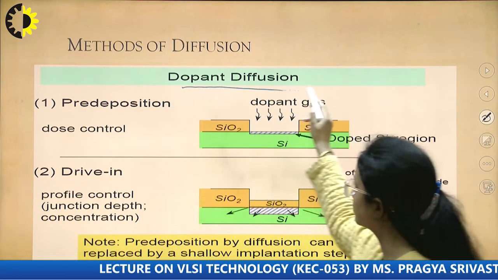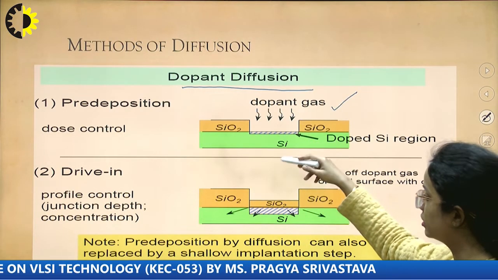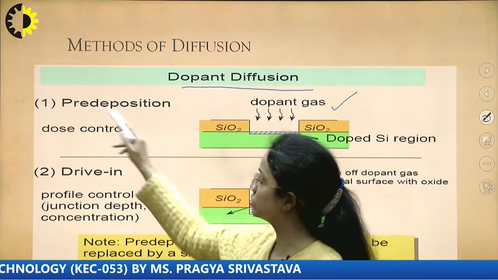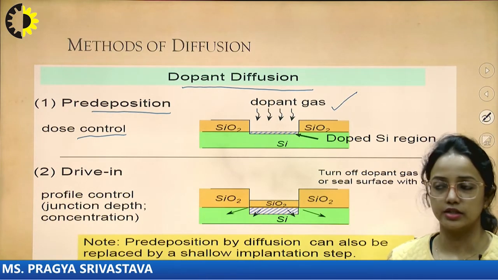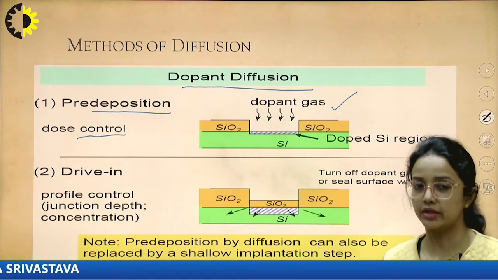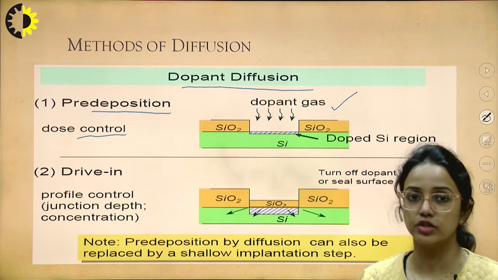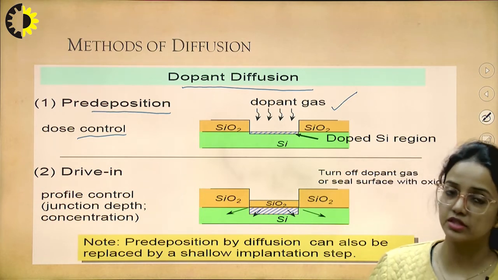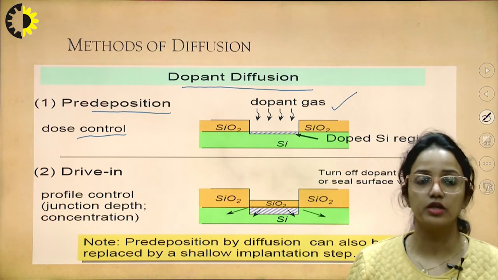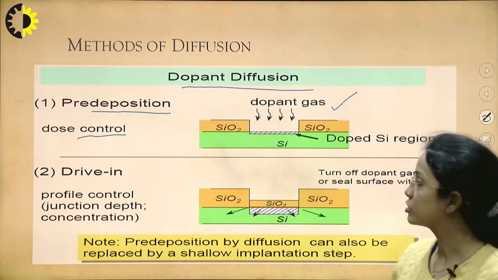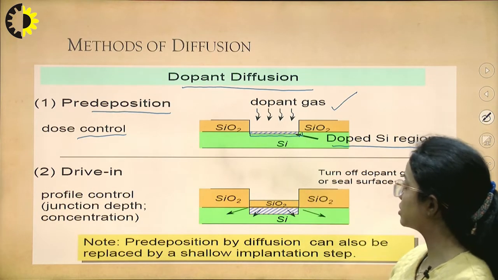Here we have dopant diffusion. What is actually happening is that we are allowing a dopant gas to enter. In pre-deposition dose control, we have control over the amount of dose, or the amount of dopant, which we are going to add. We have to add only a sufficient amount of dopant gas, so we have a prior dose control method, and we have previously decided the quantity of dose needed for diffusion. So the dopant gas is entering, and here we can see we have successfully grown this layer.